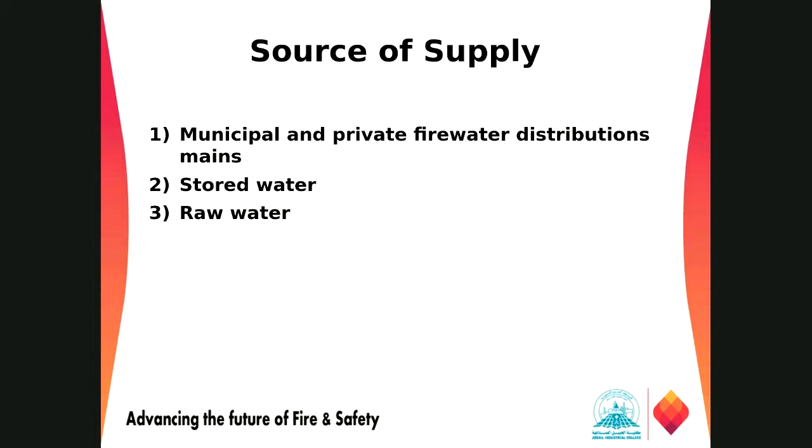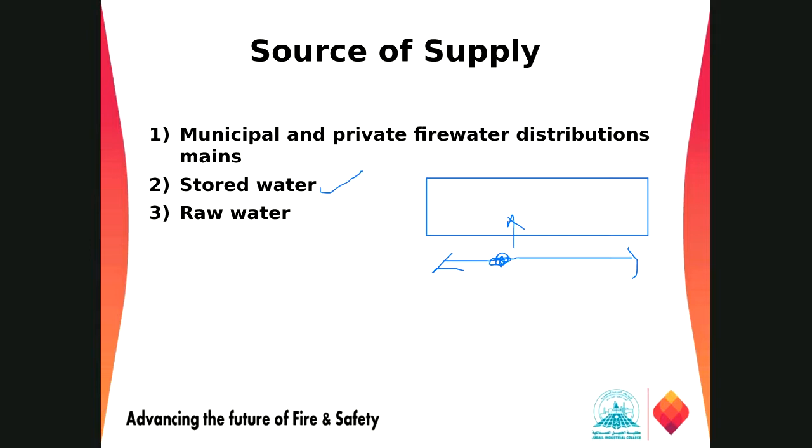So we have to keep in mind, out of 12 months over a year, at which time we are going to get the maximum quantity of water to our building, and at which time we have the highest consumption of the public water supply line for household purposes like utilities and plumbing works, and we have to take that information. The second is the stored water supply, as per NFPA 22, and the last is raw waters, which is untreated or non-potable water we sometimes use for fire protection systems.